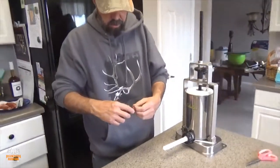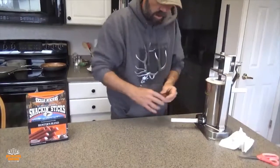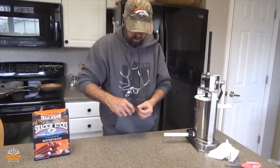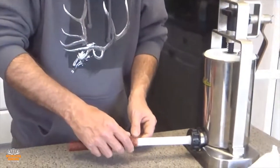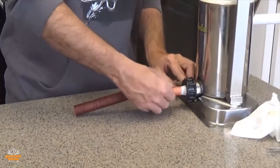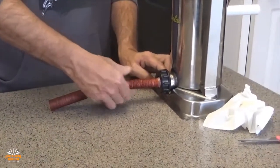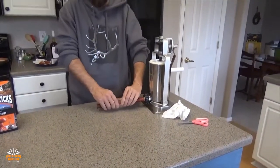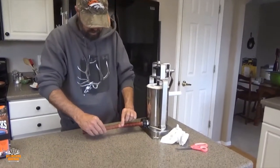So these are collagen casings that come with the kit in my country. They're edible. Typically I'll peel them off, but you can eat them. And then just through trial and experience with my smallest nozzle of this size casing, I've learned that you can't put the whole casing on, and I wouldn't really want to have a sausage link much longer than this anyways to deal with for how you're going to cook it, either in a smoker or in an oven. So we get on as much as we can there, and then I pull it out a little extra,